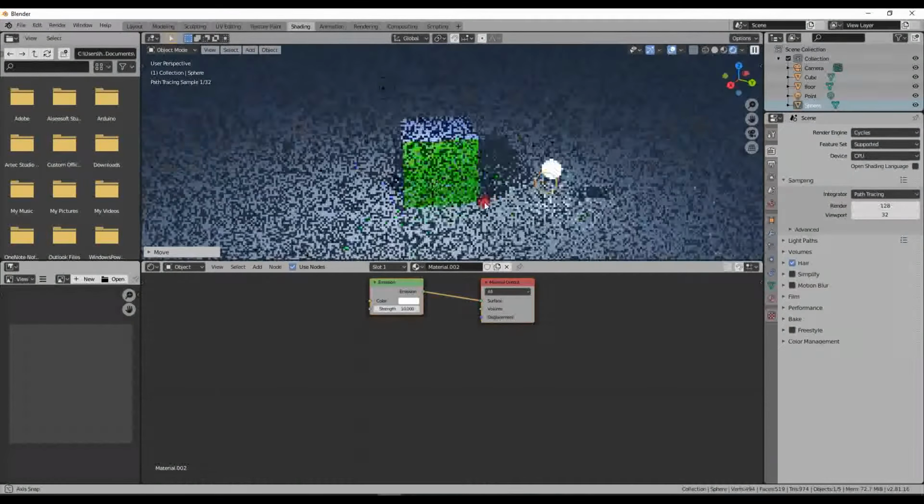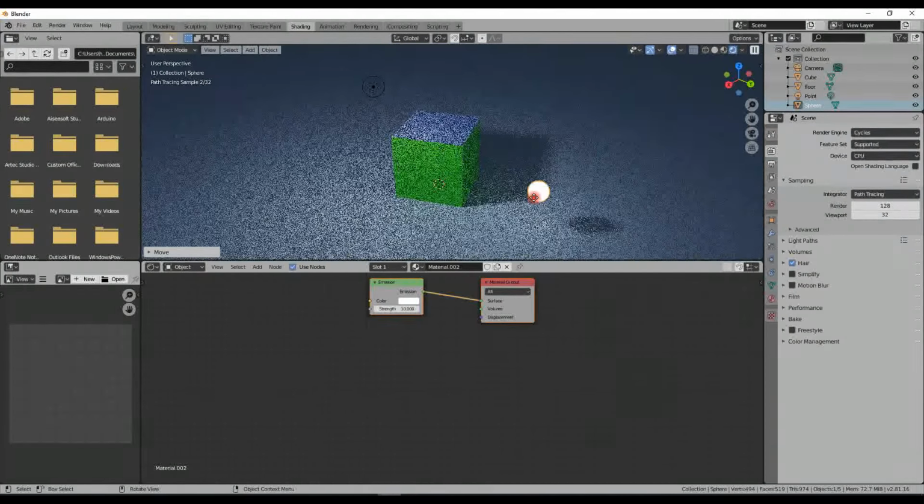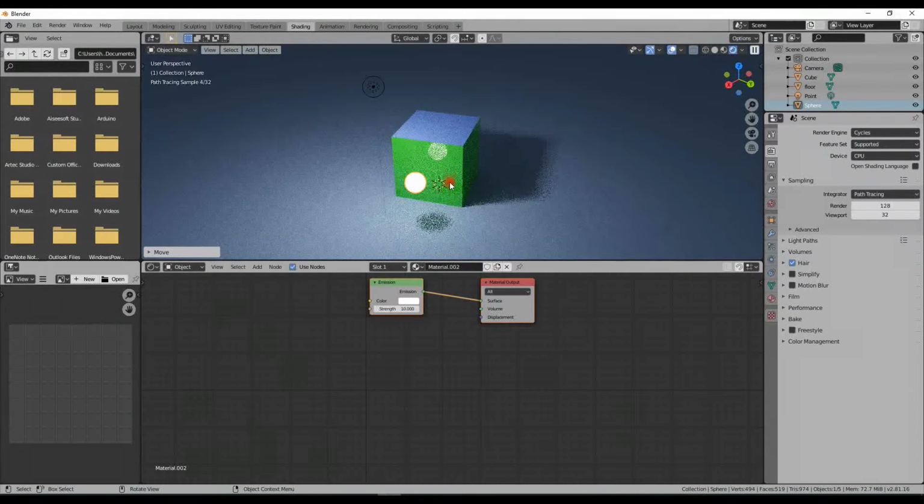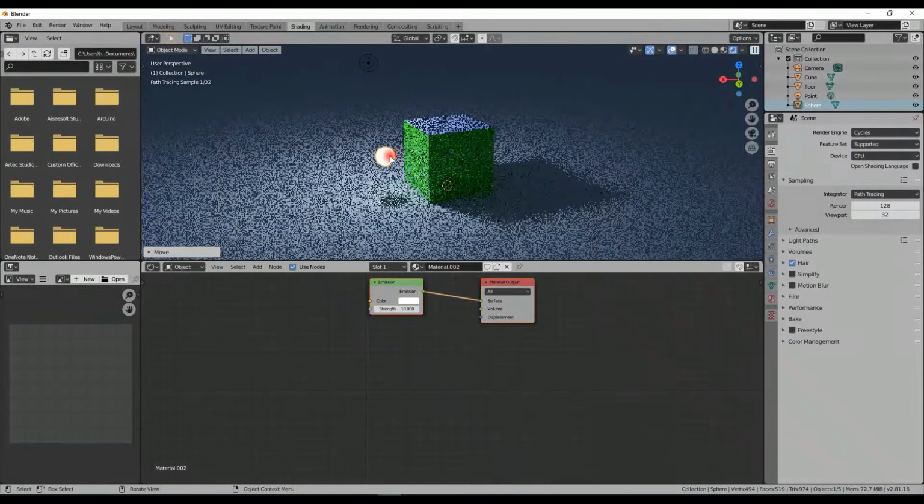It's rather hard to find where I want to place the ball actually. Somewhere there. Okay, now you can see how it is reflected on the green,